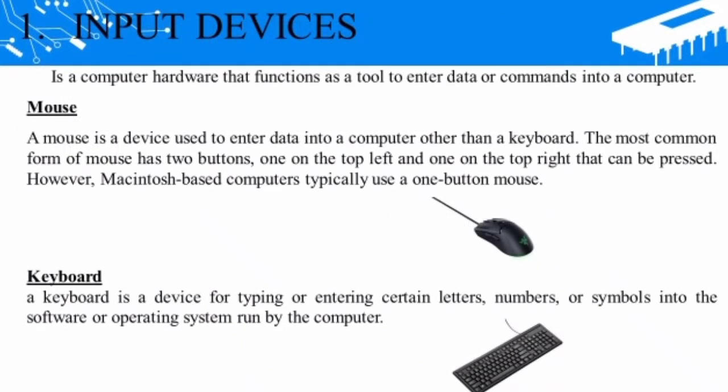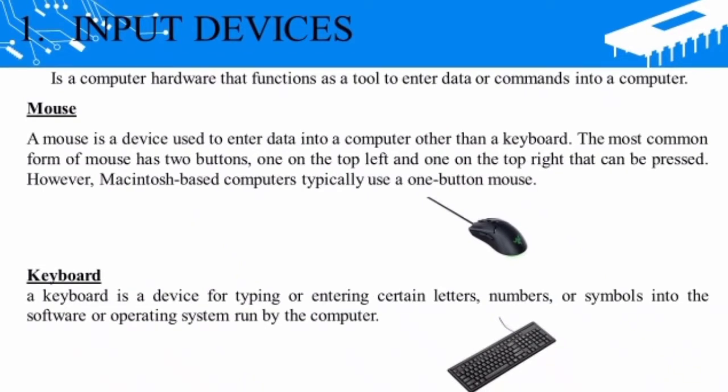1. Input devices. An input device is computer hardware that functions as a tool to enter data or commands into a computer. Mouse. A mouse is a device used to enter data into a computer other than a keyboard. The most common form of mouse has two buttons, one on the top left and one on the top right